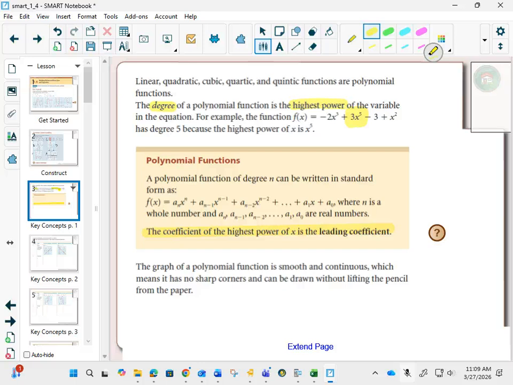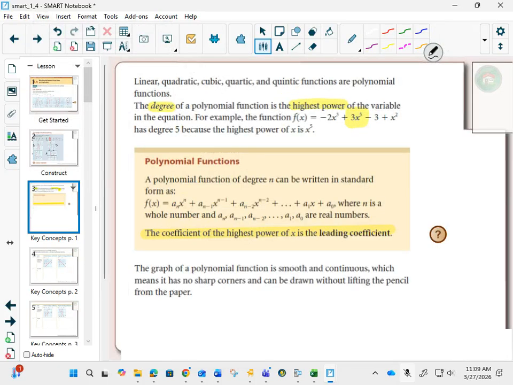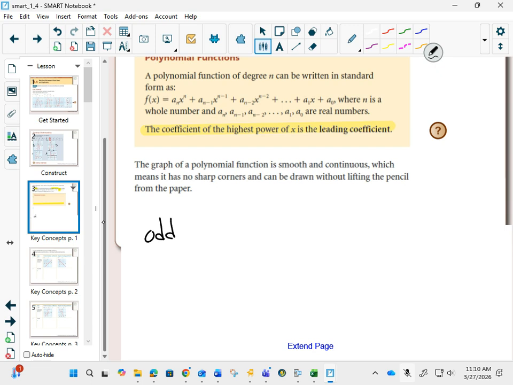And we have two main patterns that we see in these graphs. We have graphs that are odd functions and graphs that are even functions. So if you have, and this is what our notes are going to be, let me just zoom here a little bit bigger for you guys. If you have an odd degree, so that's like an x cubed, an x to the 5, x to the 7, x to the 1, our first note that we're going to say is that the end behavior